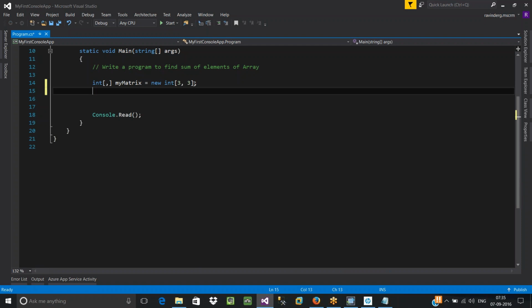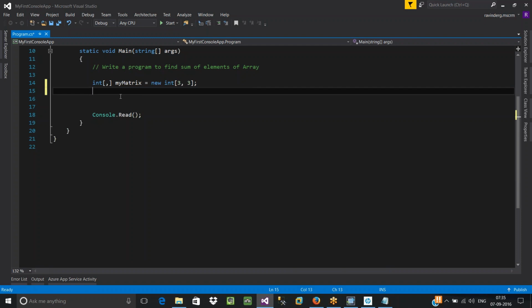Immediately it will go to memory, creates a common location with the name my matrix, and inside that common location, these many rows and these many columns will be created. Yes, my memory is ready. Now I can accommodate 9 different elements of integer type into my matrix. So what should be your next exercise?